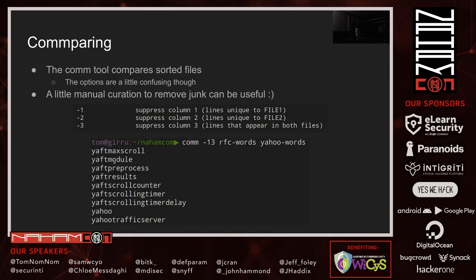So you can see here we get some quite Yahoo specific looking terminology appearing in this list. And actually off the side of this screenshot there's a head and a tail command to give us a window somewhere into the middle of the list that looked a bit more interesting, but the point still stands that we've ignored a lot of the generic words that we don't care about, and used that to try and zero in on the things that are specific to the target, and that may prove to be more useful in a variety of situations, including path guessing.